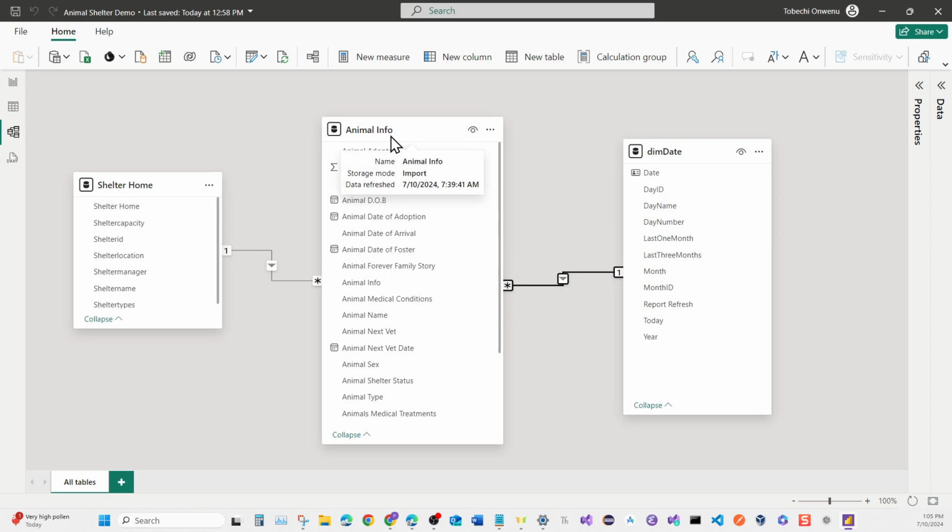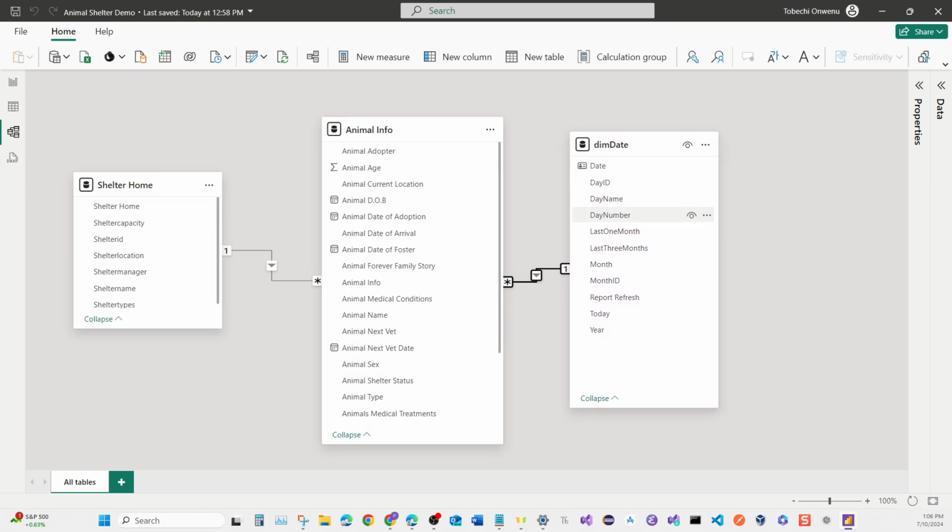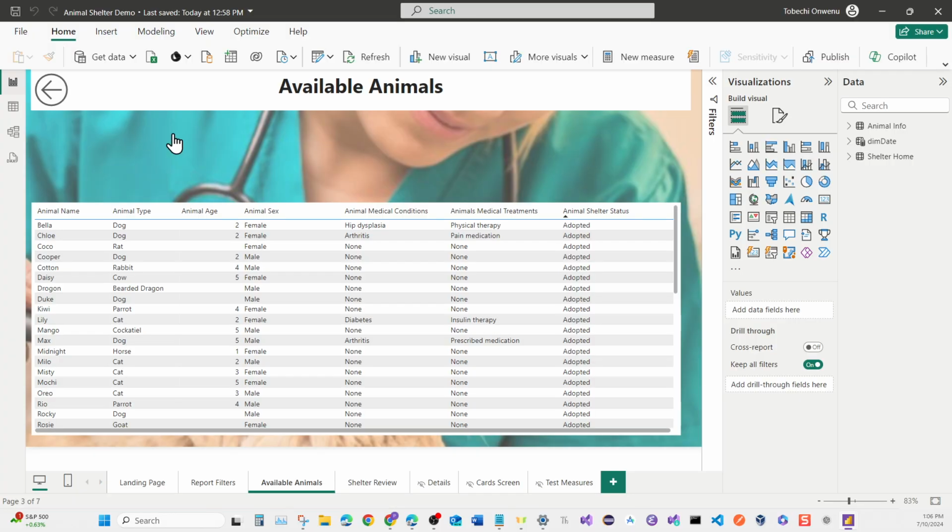Animal info is going to be our center table that we're going to draw all our info from, but we still needed this dim dates table, which is going to get us our independent value for our dates, and then we have our shelter home on the left. And we're going to create one more table called a measure table, and this table is going to hold all our measures. Before we start, because we can go ahead right now and start creating reports, but most of the reports that we're going to be creating are going to be based on tables. So I want to get the tables out of the